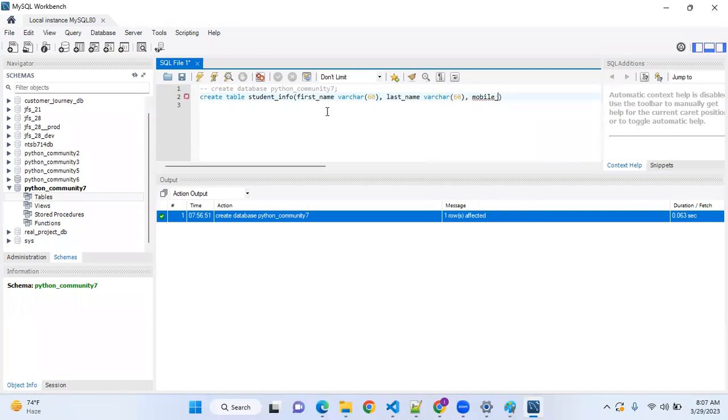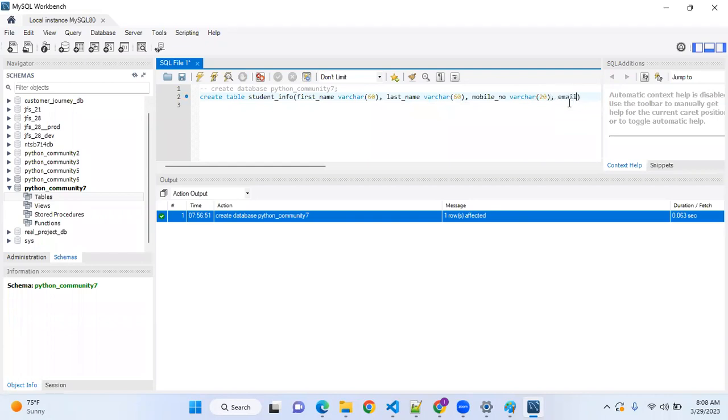Next, mobile number, varchar. So how much do we need to give? Just because it should not fail, we are not supposed to give any bigger numbers here, guys. Based on the data, we need to give the size. For example, does a mobile number exceed 20 characters in any country? No, right? So if I give 60 here, it doesn't make sense. The remaining 40 characters is a waste of storage. So we can give less than 20.